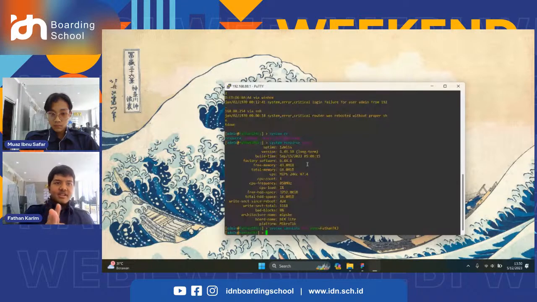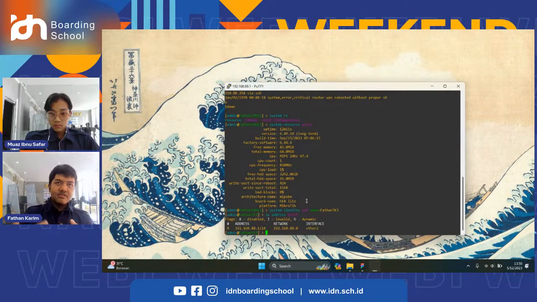Now let's try the next example of a CLI command. You can use ip address. If you want to see the list of IP addresses, you call ip address print. That is the way to see your IP addresses.